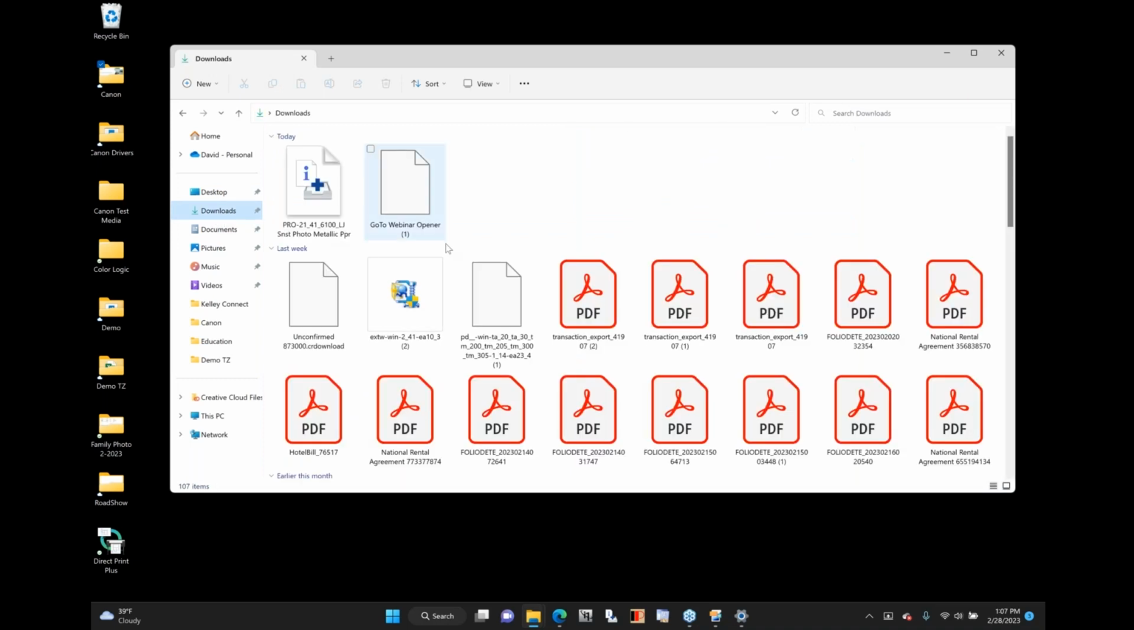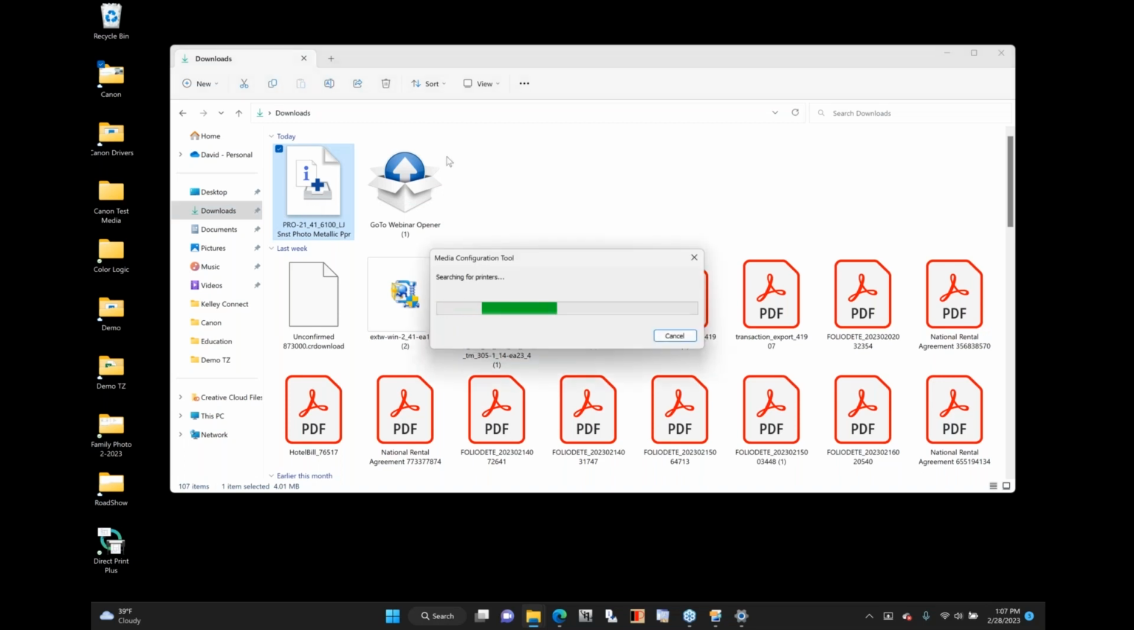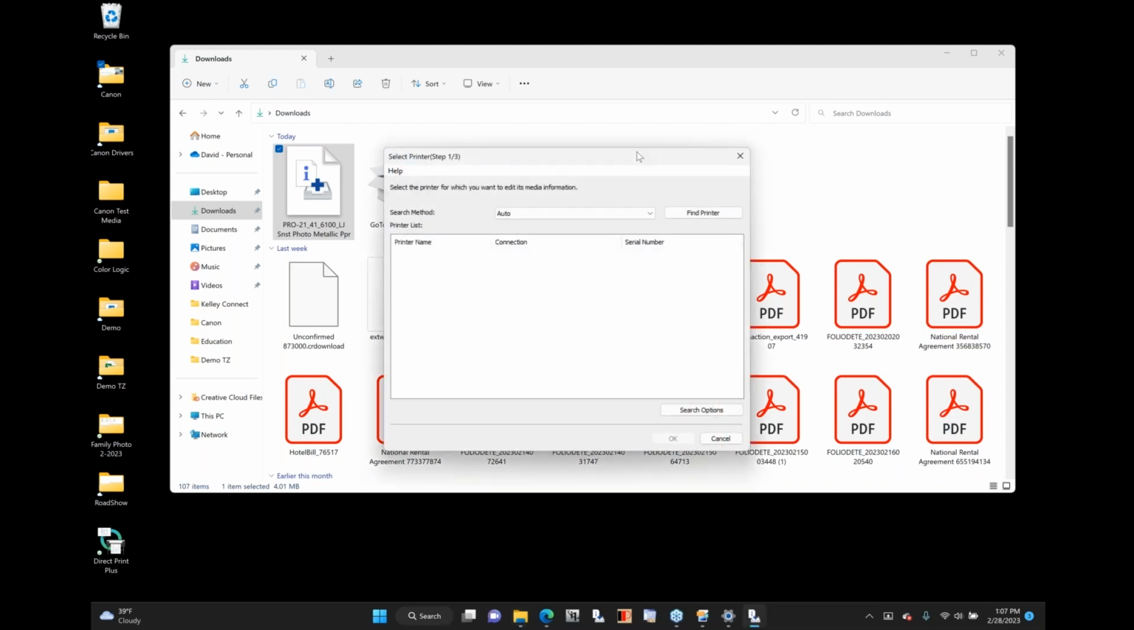And go to my downloads. There's that media configuration tool file. So when I double click that file, it's going to automatically launch Canon Media Configuration Tool. What I love Canon has recently done is we now offer a version of Canon Media Configuration Tool that